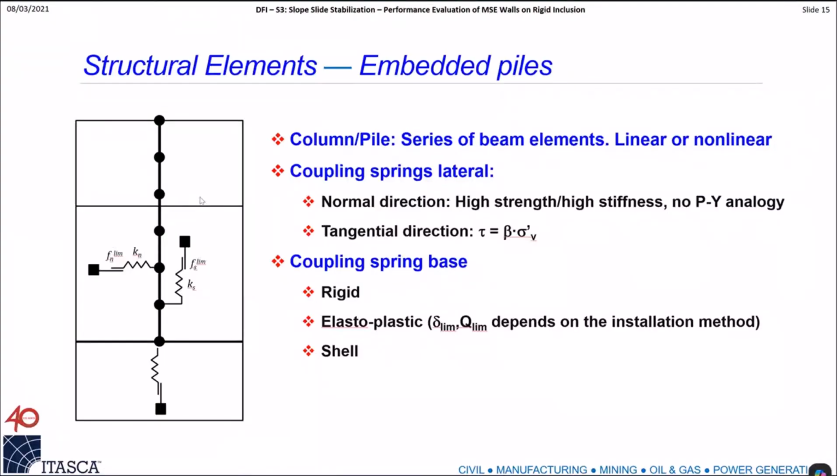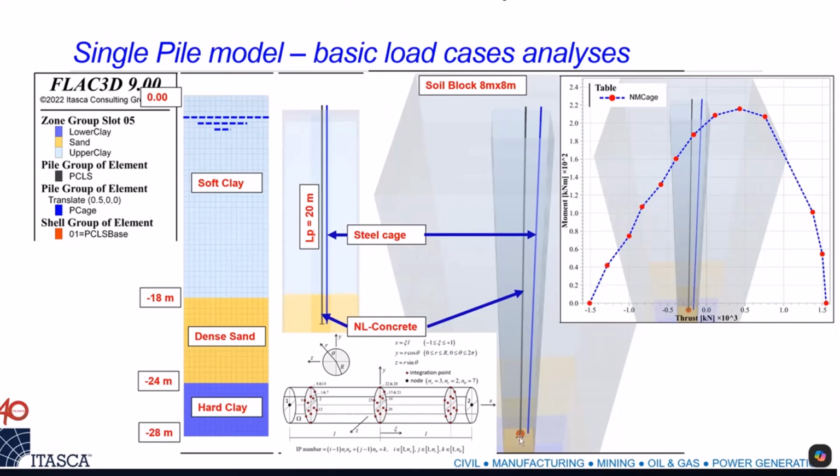The other aspect that I get a fair amount of questions about is, what are we going to do with the base? And I can hopefully show one example. Typically, you put a link at the base that represents the connection of the last node of the pile in the vertical direction with the zone close to it. And that is okay most of the time, but in certain cases, since the link doesn't really capture the size or the geometry of the pile, it is relatively easy to just create a shell at the bottom of the pile, and sometimes at the top as well, in order to capture the effect